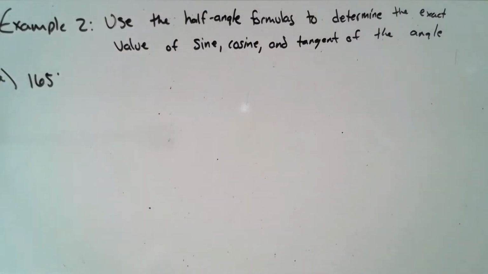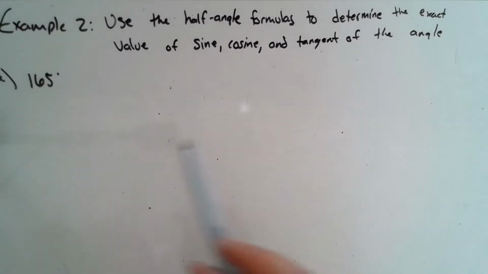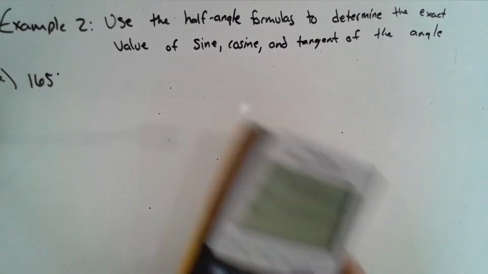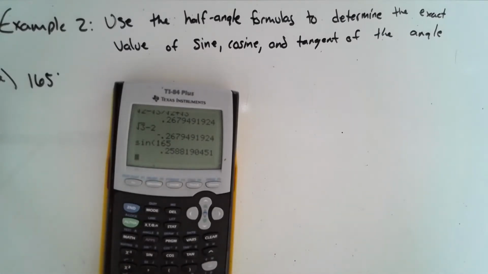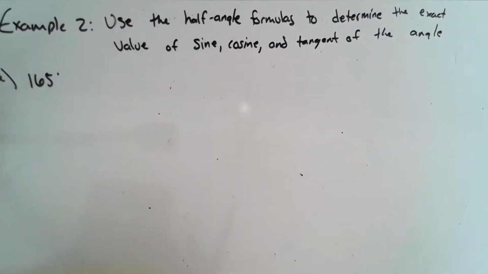Okay, so in example 2, this is like your other problems. 51, 55, I guess those two problems. So we have 165, we want to use a half angle formula to determine the exact value of sine, cosine, tangent of these angles. If you were to just find sine 165, you'd get a decimal that's not exact. So we got to come up with some way where we get the exact value of